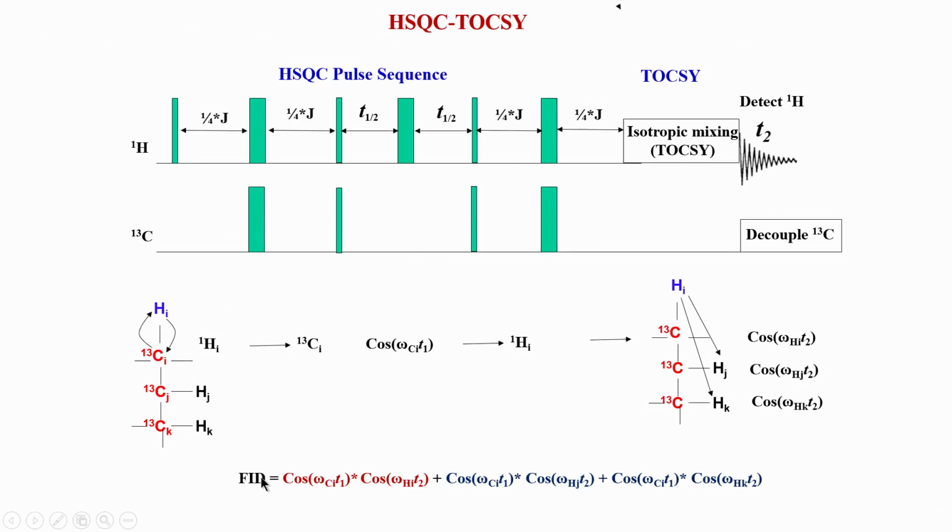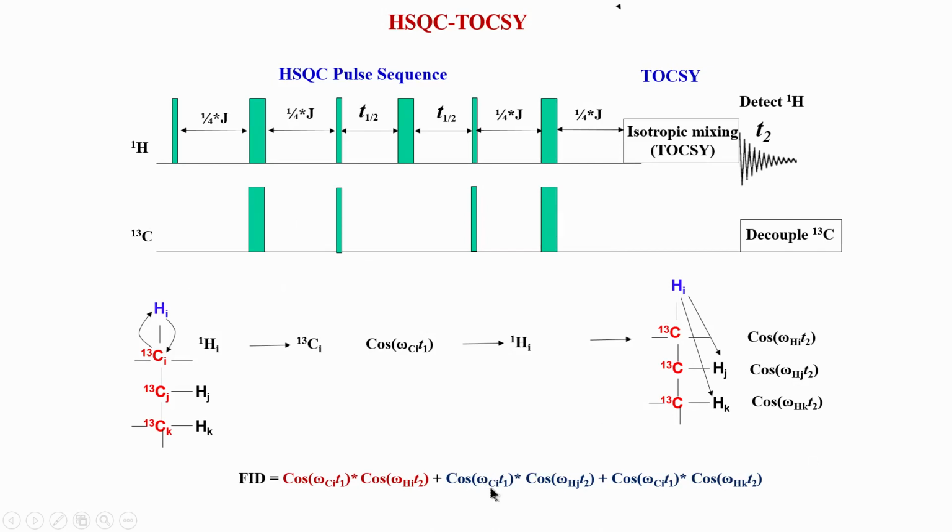You can see that the FID which I finally detect here, this T2, looks like this now. You have cosine C1 T1 omega, which is this, into the H1 T2, which is this. So, this is colored in red because it is now the same as an HSQC peak. This is no different from HSQC. If you go back in slides in the previous lecture, you will notice that we did see this correlation also in HSQC. So, there is no difference from that, but additionally we have got two more correlations for this particular molecule. If the molecule is longer, we would have got even more long range correlations.